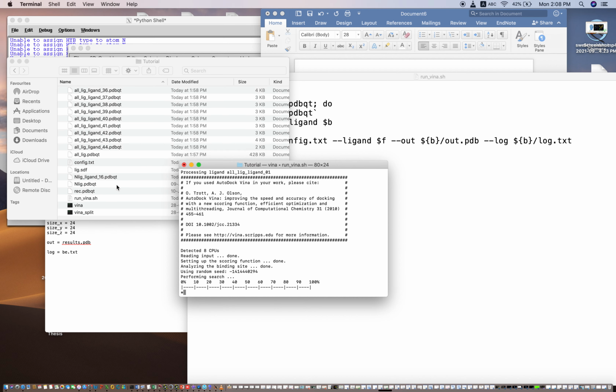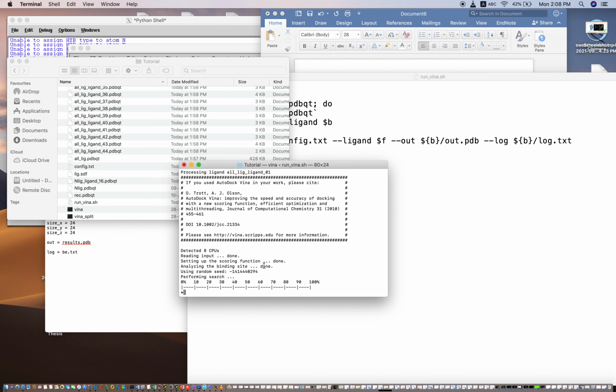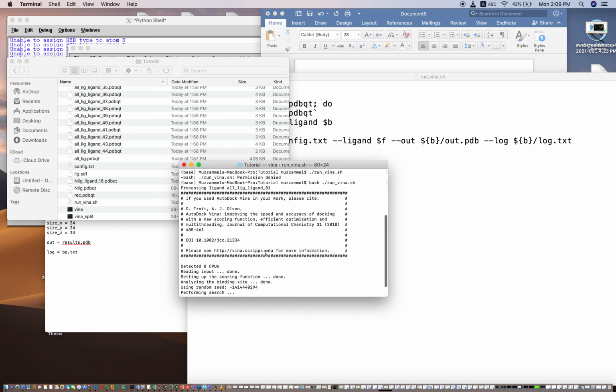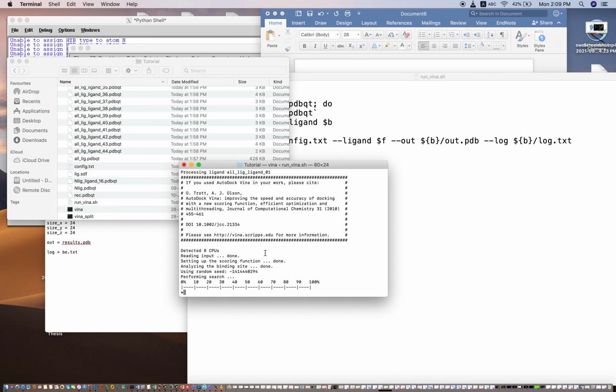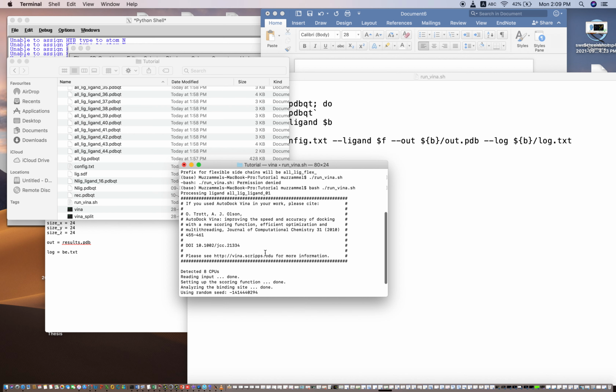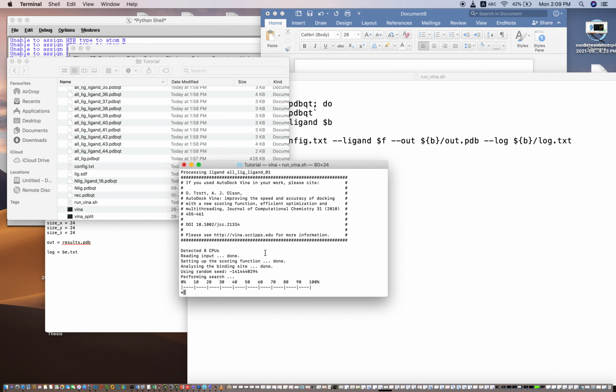So it is taking some time, but this is the normal procedure, or normal way, in which you can dock a multiple ligand library through AutoDock Vina by command line. So it is taking some time.